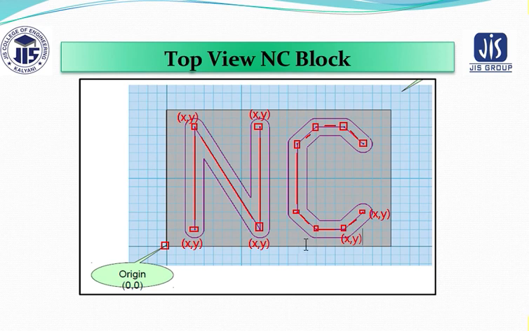Here also, here also, here also, again here also, and you have to give the value for here also, that is x comma y, and finally you are ending it here,